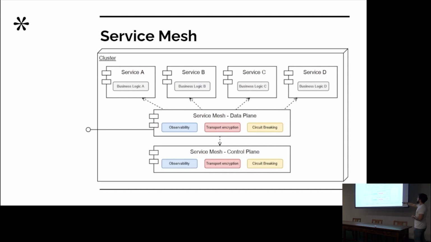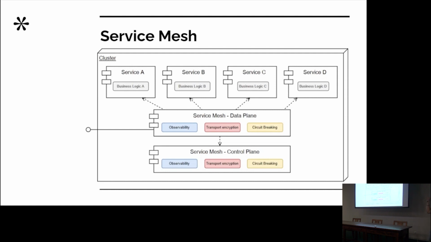So we have basically two main components, data plane and control plane. The control plane is where the user interacts with the service mesh to specify the configurations needed for your services to work on those cross-cutting concerns. So we have observability, we have security, we have resilience. Imagine you want to say that your services are supposed to do a canary deployment or a circuit breaker pattern, right? You can do it by specifying it to the control plane, normally using YAML files. And then the data plane is the plane that makes sure that your services are respecting the configurations that you pass to the control plane.